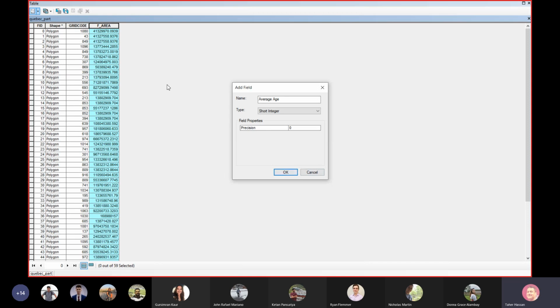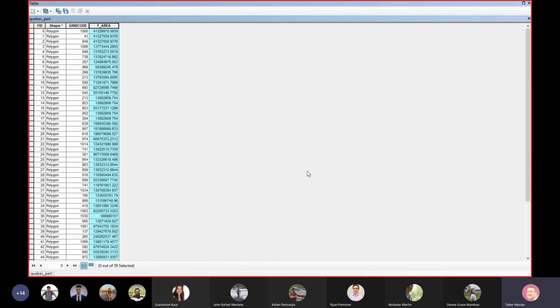I'm not gonna do that, but once you hit OK, it will simply add one more field where you can manually add all the numbers yourself. Like for example, going to polygon number 0 and saying the average age here is 65, and this is a senior area, so the average age will be, let's say, 70. And this new community, where most of the young generation go, the average age is, let's say, 35, and so on. Just like Excel. However, I will not do that